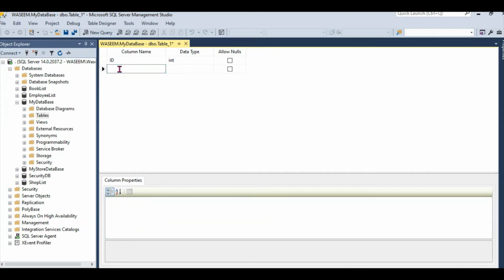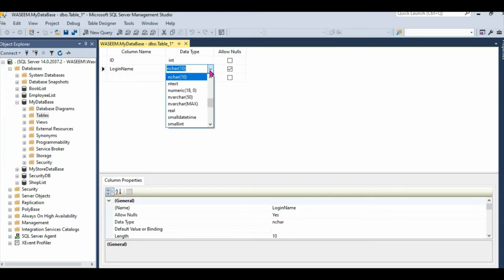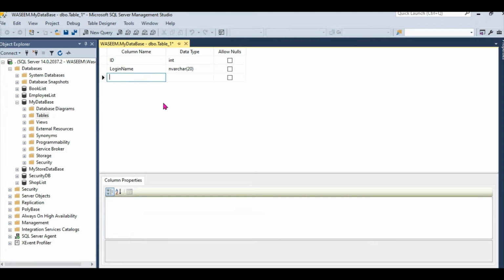Now, the second column is your login name, and what is your data type? Okay, varchar. You don't need 20 spaces or 50, just put 20. Allow nulls: no, you have to get the information from the user. The second one,